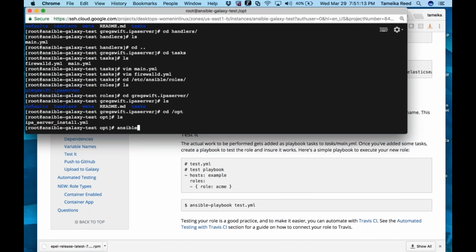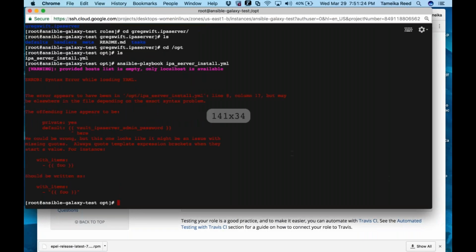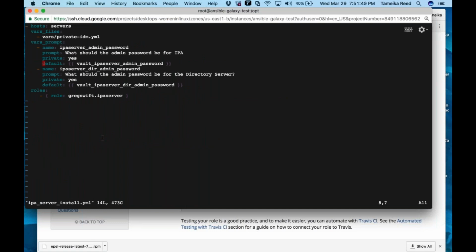Let's do the Ansible playbook for IPA. All right, so let's see what we're missing here. There is something not lined up, so let's find out what that is. All right. I wonder